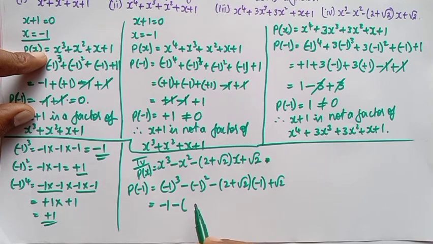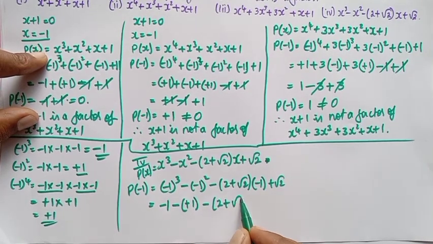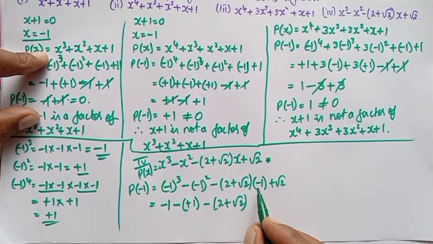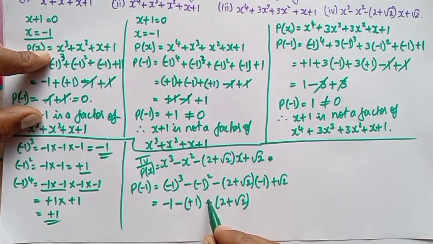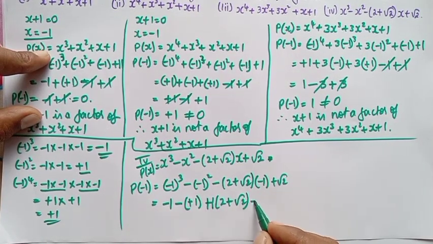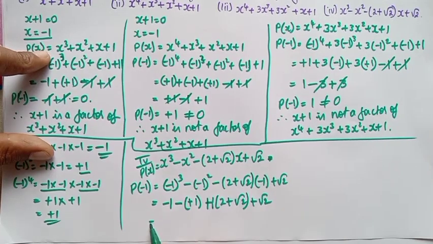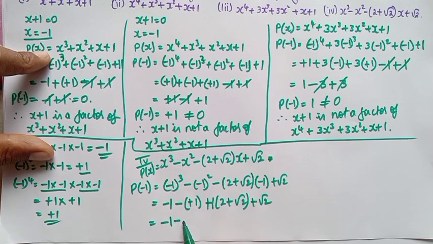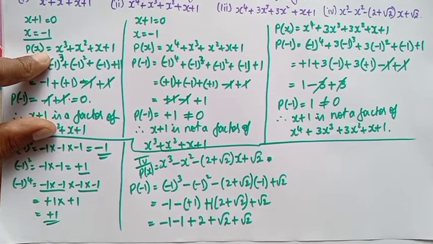Minus of minus 1 whole square is equal to plus 1 minus of 2 plus root 2 into minus, minus into minus is plus 1 plus root 2. So it is equal to minus 1 minus into plus is minus 1 plus 1 2s are 2 plus 1 root 2 plus root 2,